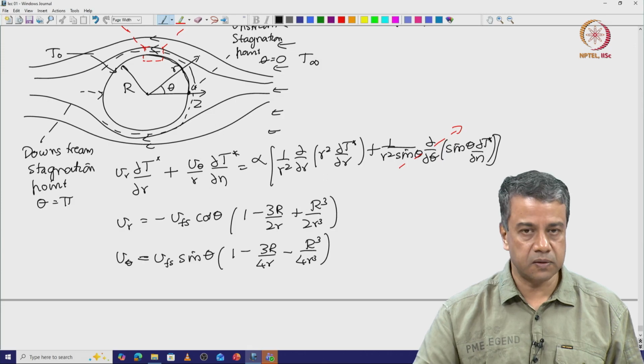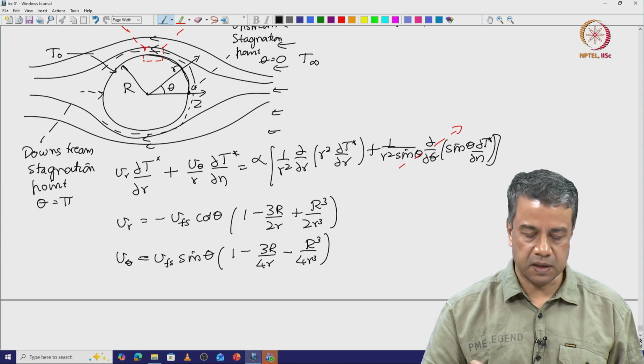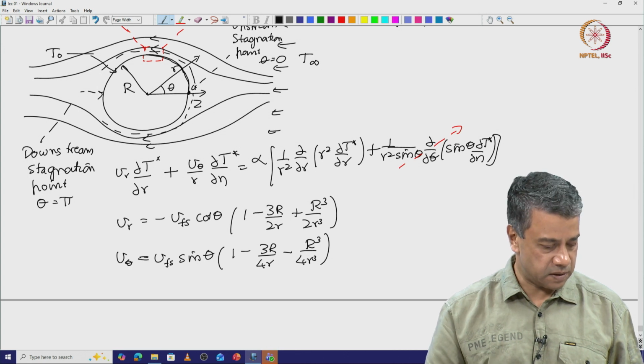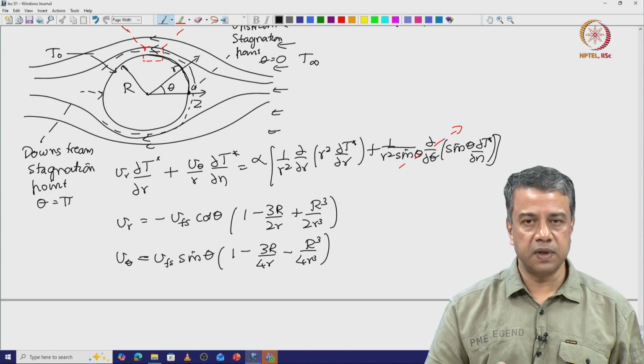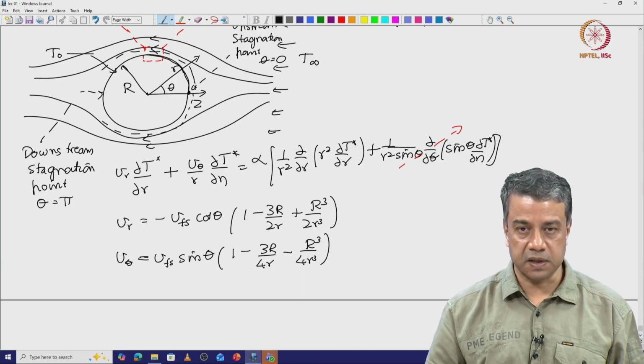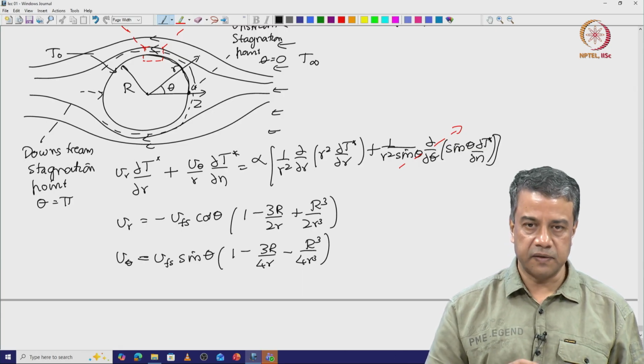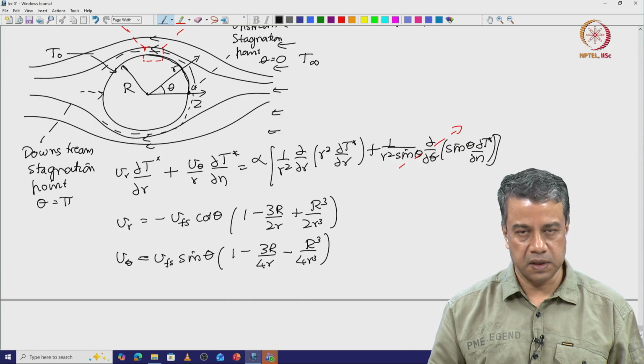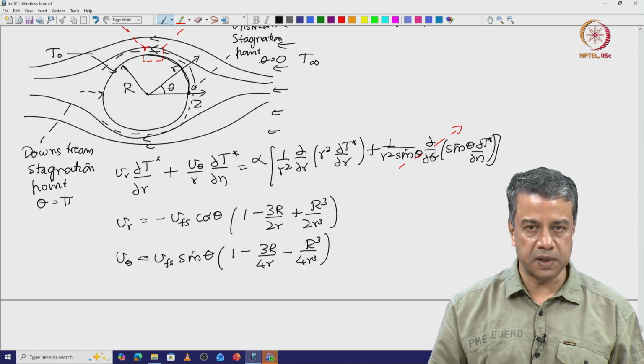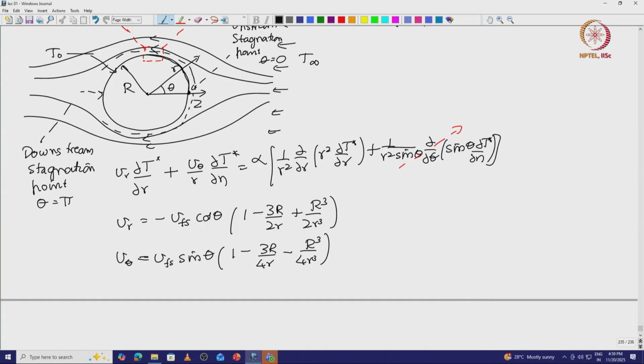We have to substitute that into the diffusion equation and then try to solve it using the boundary layer approximation. How do we apply the boundary layer approximation for this rather complicated velocity profile? Previously we considered relatively simple velocity profiles, a linear profile close to the wall, and therefore we were able to get solutions. How do we do the same thing for this rather complicated velocity profile in a manner similar to what we did for the flow past a flat plate and the stagnation point flow? Approximations for the velocities close to the surface have to be used in this case. How do we get those